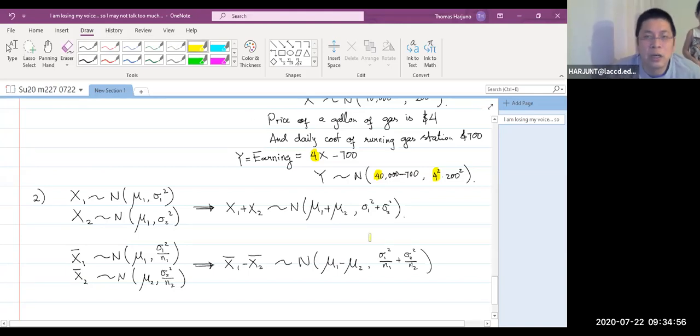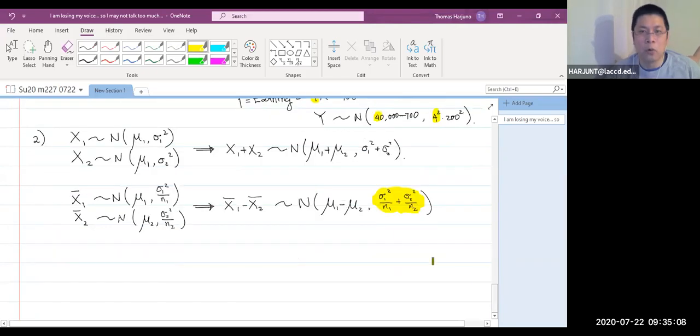Okay, now you see that this will be the variance of the sum or the difference in this case. Right? Now, just like before, if you don't have the sigma, what do you do? Then you replace that with S. If you don't have the population variance, you use the sample variance. Okay? And on the denominator, we always use the standard error. So you see that we have on the top x1 bar minus x2 bar, the difference of the sample means, minus the difference of the population means, that guy comes from here,